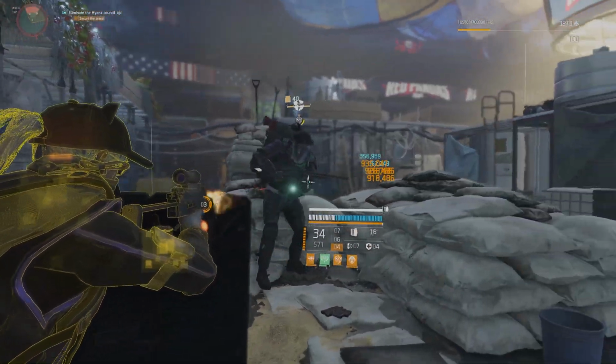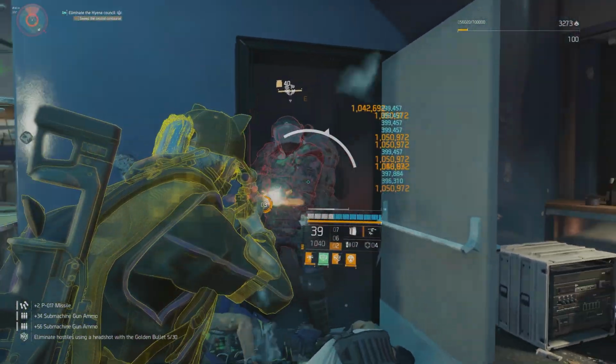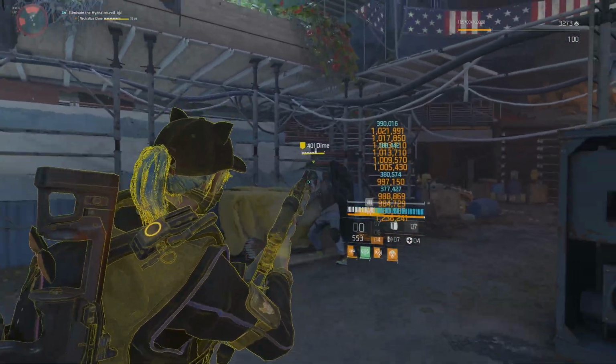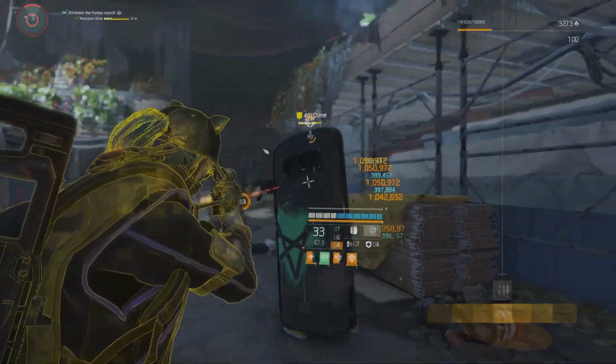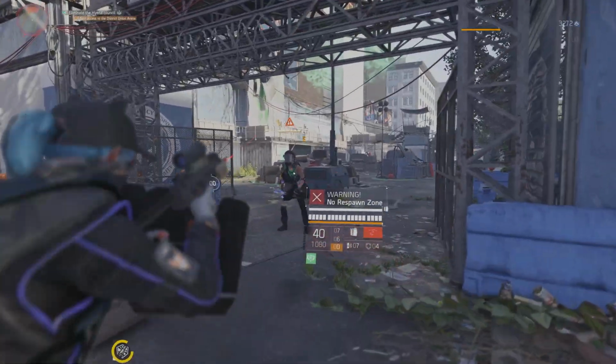Today I've got a build for the golden bullet. It's pretty good, guys. You've got 6 skill tier shield. I have a striker drone. You can use any skill you'd like. But you'll have loads of damage, you'll have loads of survivability, and obviously because of golden bullet you'll get loads